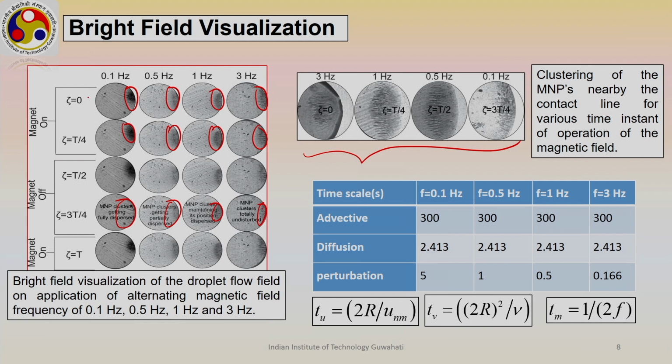So, if we compare this one and this one, we can see that the particles are deposited, with cluster formation, and when particles are dispersed, we can see the clear space. This is the bright field visualization, this is the qualitative estimate. So, we can say that when particles are moving, there will be velocity of the fluid from the left to the right. So, that is our intuition.